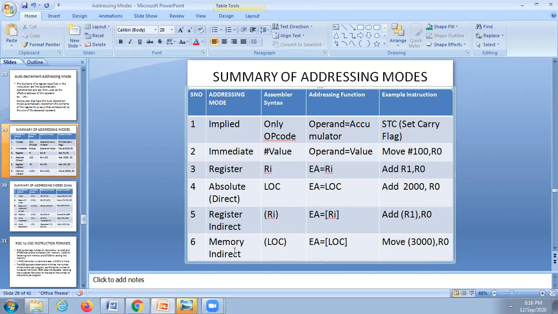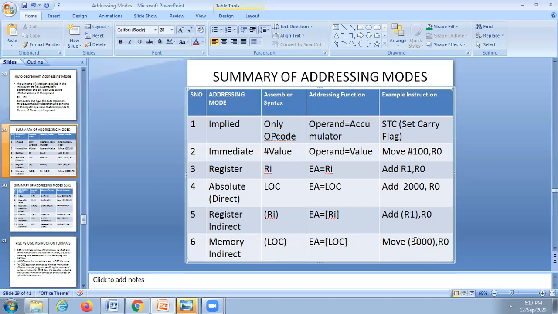Then memory indirect. This we generally do not use anywhere, because it requires two memory references. Here R1 contains the address of the data, whereas in this case a memory location 3000 contains the address of the data. 3000 doesn't contain the data, it contains the address of the data.